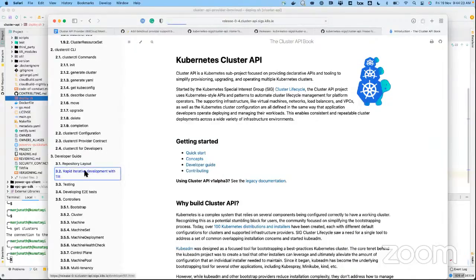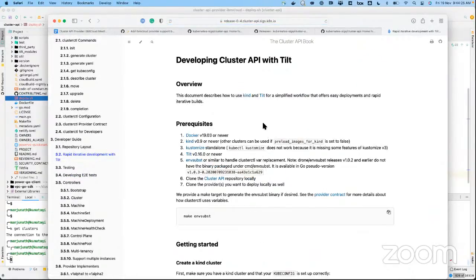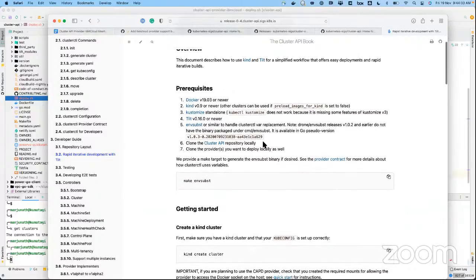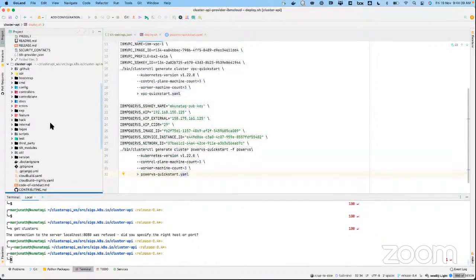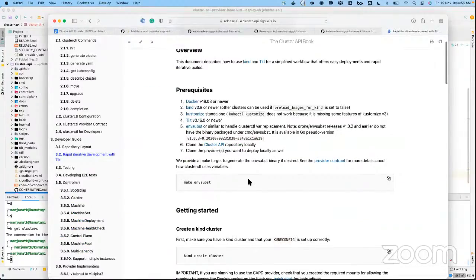All right, so the entire detail about Tilt is present here. As I mentioned, Tilt is mainly meant for when you make some changes in the project. For example, in the Cluster API project, you change something, and the time taken for building the image and then actually running everything in the Kubernetes cluster is a little complicated. In order to make everyone's life easy, they have this utility called Tilt.